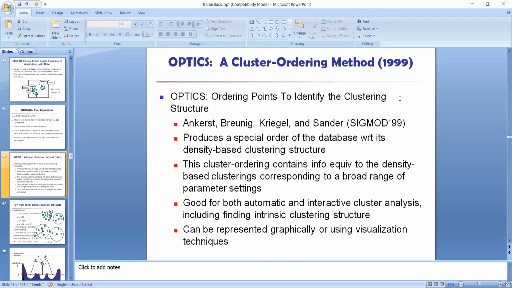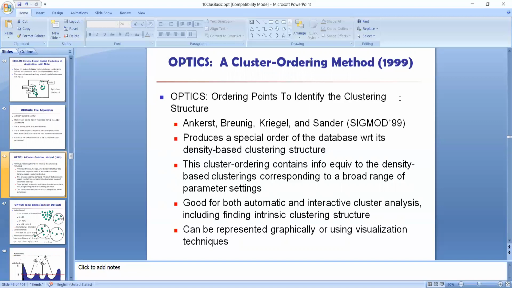We had seen that DBSCAN requires minimum points, and we need to give the epsilon also. Epsilon is the minimum radius. Also we need to give the minimum number of points required. Giving these encumbers users with the responsibility of selecting parameter values that will lead to the discovery of acceptable clusters. This is a problem associated with many clustering algorithms, because the user needs to give parameters such as epsilon and minimum number of points.